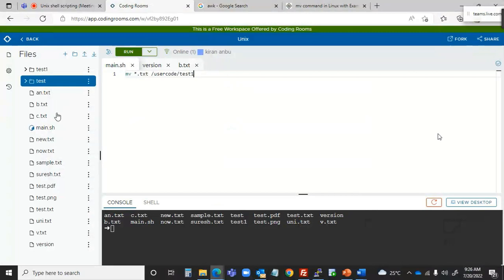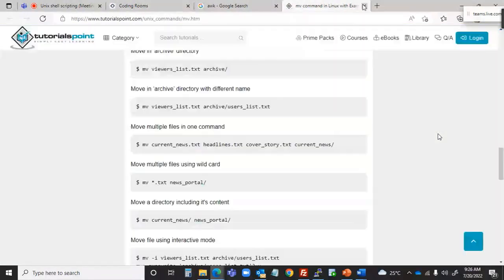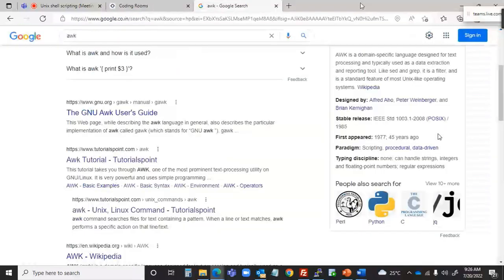Now I have dot text files. PDF and PNG files are also there, everything is there here. You can see, but only star dot text, these ten text files only, I'm moving to this one. Not much more to say, drilling is needed on the cp and mv commands, but we use them very rarely. So the next thing is